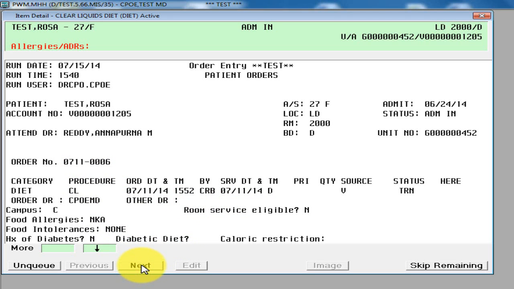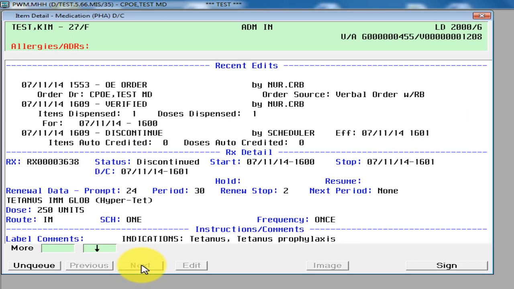I know it's on test patient Rosa. I'm going to click next. Now I'm at the discontinued order for that tetanus that I mentioned earlier. I know the status is discontinued, but more importantly than that, over here, I can't click